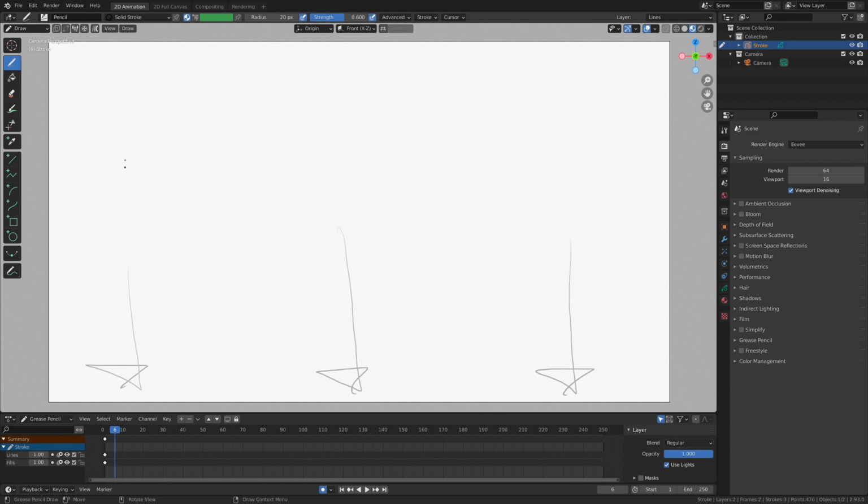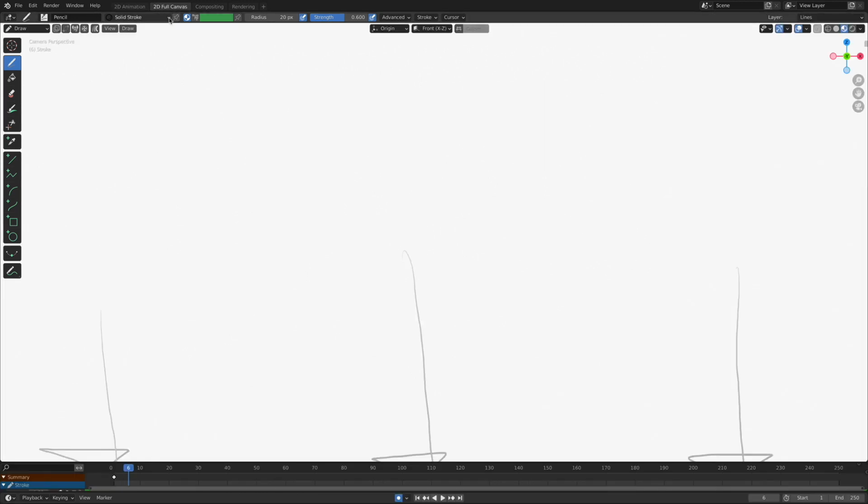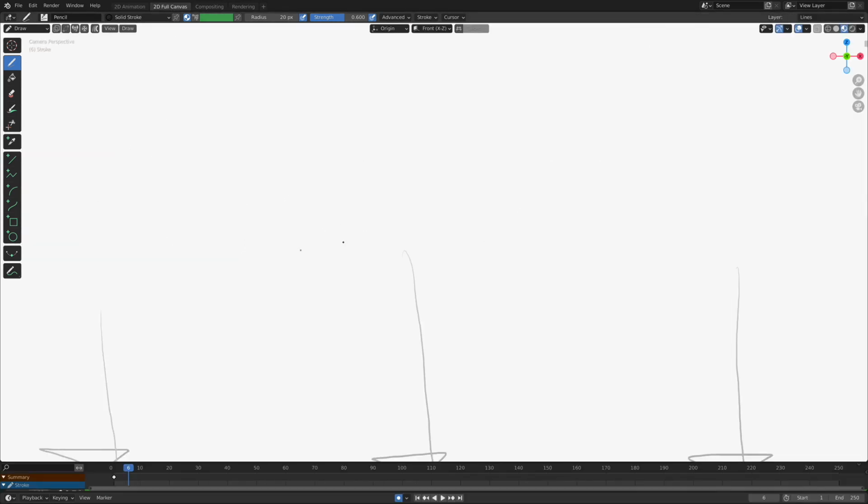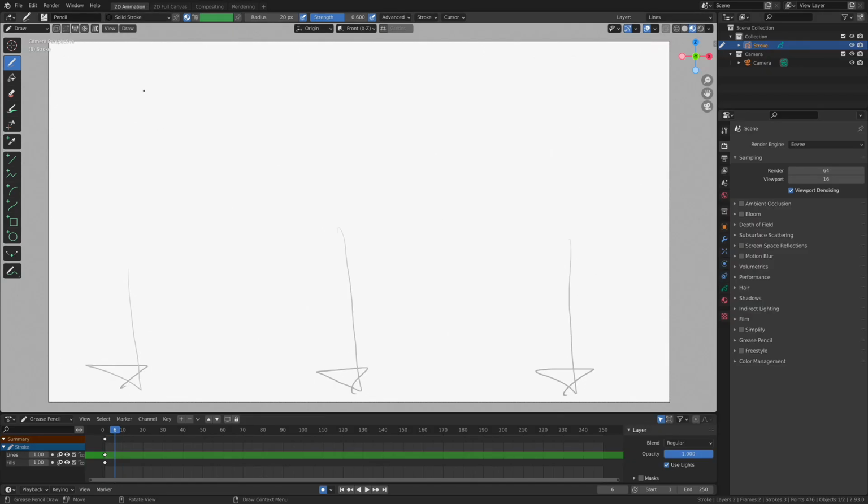But you can see pretty quickly that the 2D animation environment is pretty simple. It's straightforward, which is what I like. It doesn't have a lot of complex menus getting in the way. All of these tools are right at our fingertips. And at any time, if we want to just kind of make this interface start to fade to the background a little bit, check it out. We have our own little 2D full canvas tab here, which completely docks all of that stuff out, on the outside, and we can start to really focus in on the artwork and the animations that we've created. So it's just a wonderful, wonderful interface for creating some really cool two-dimensional artwork, and of course, some really cool two-dimensional animations as well.